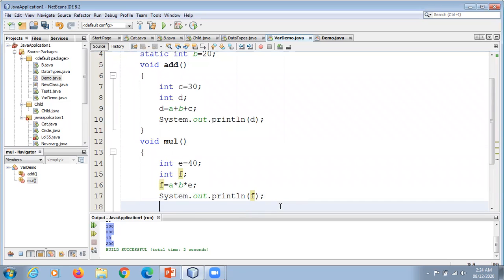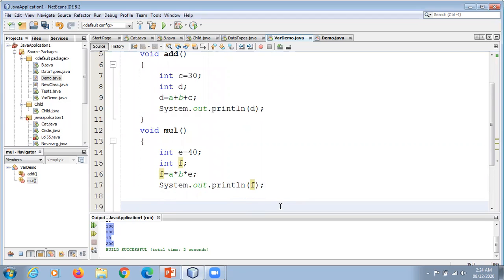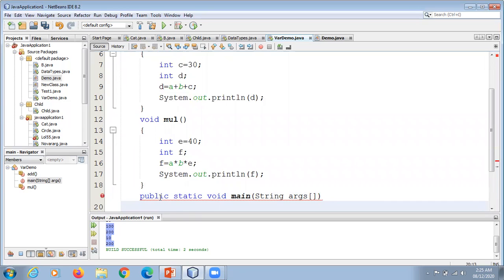Now we will write a main method here. For main, we will write public static void main. Whenever you are writing the main method, we have to follow this syntax only. String arguments, and inside this main method we will create an object of this class var demo. So VarDemo class, and object name is v1,